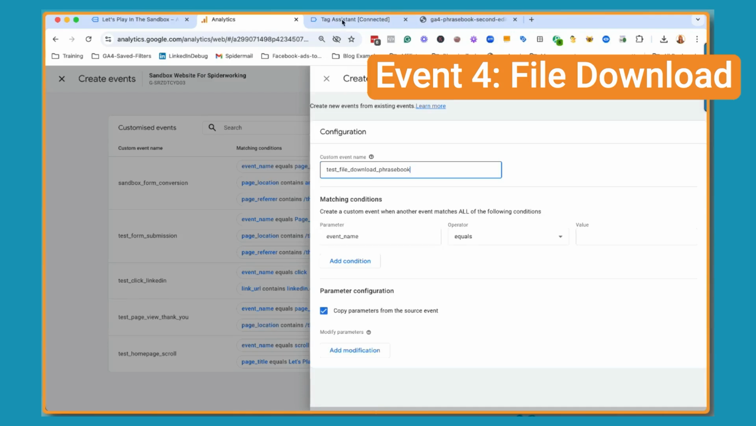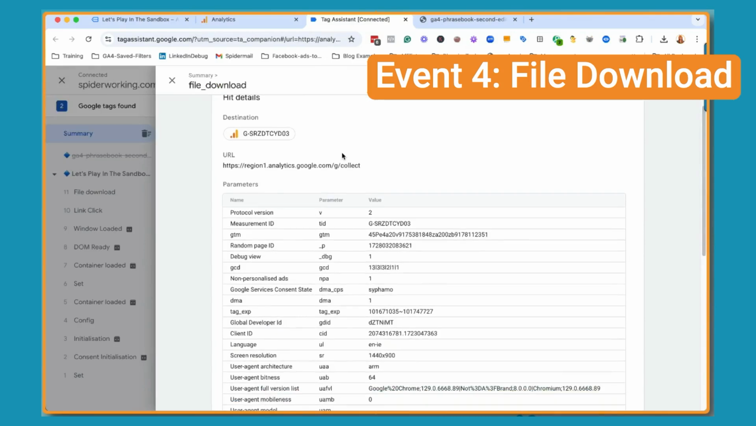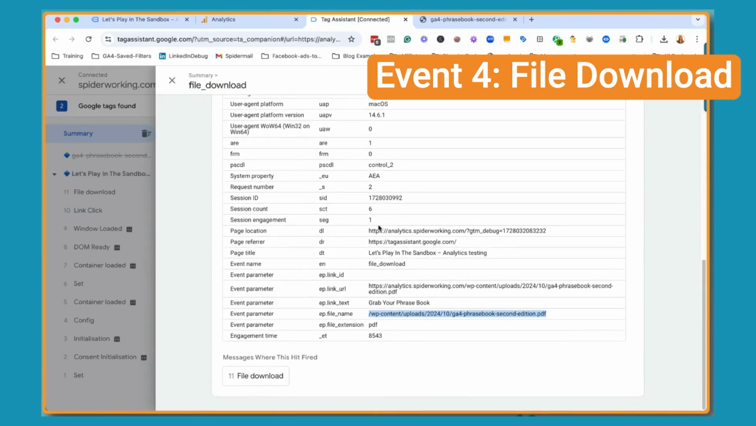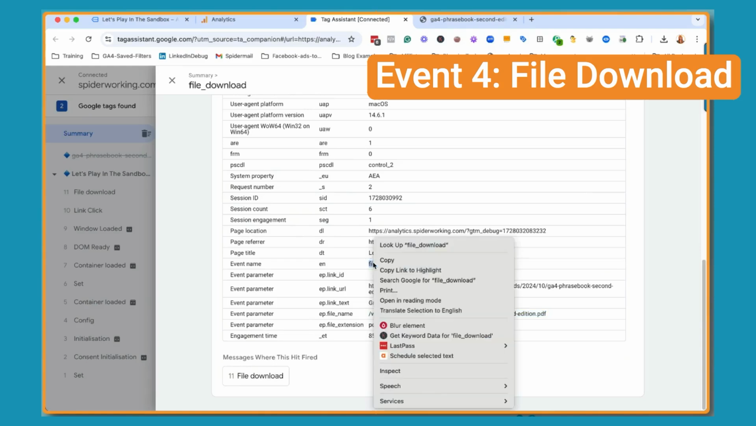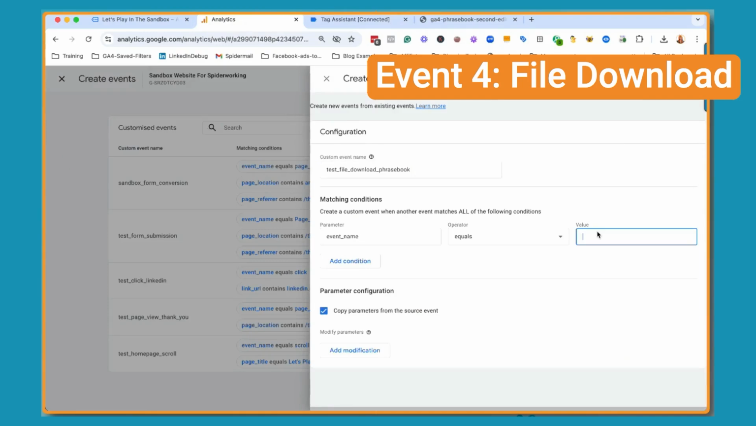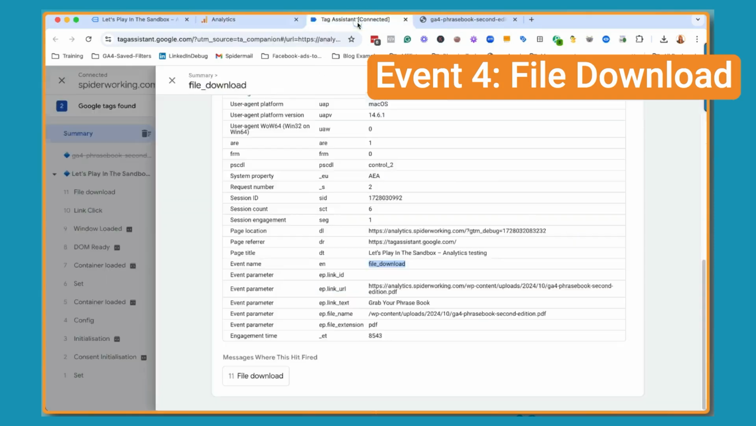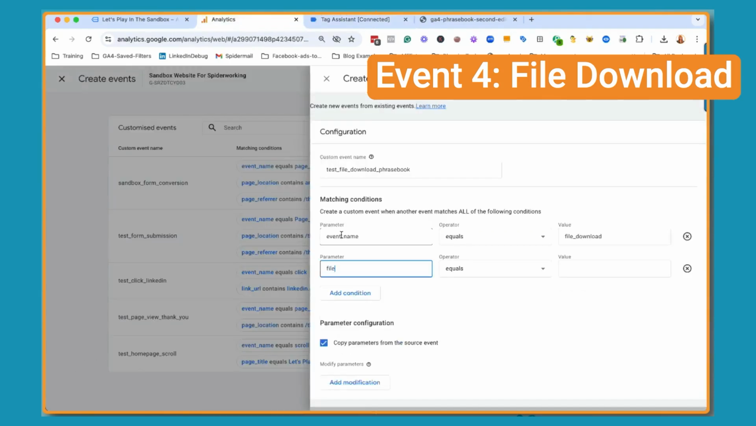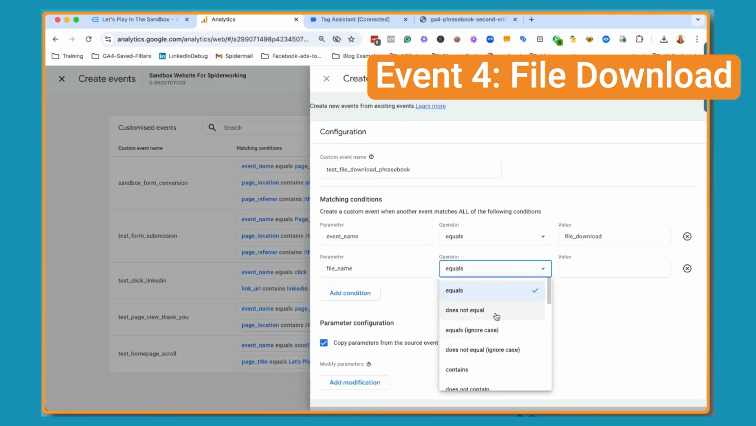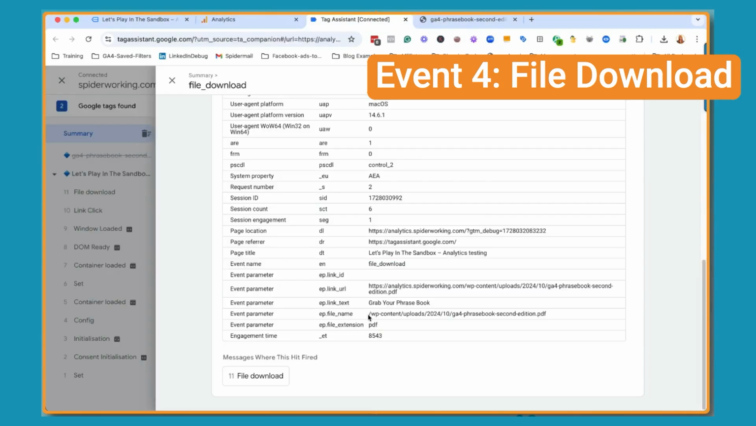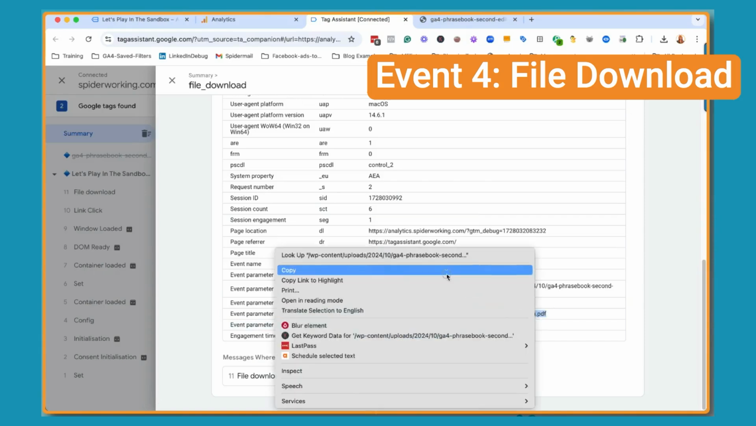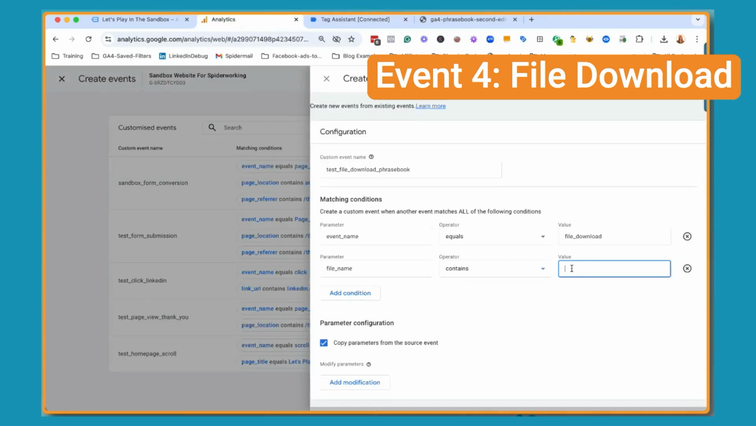So this time the event name, let's just double check what the event name is. Down here somewhere. File download. So you can see it's file underscore download. So I'm going to copy that. Add condition. And what did we say it was? Let's go back in. Yes, the file name, file underscore name. And I'm just going to go with contains. So again, this event parameter file name, that's what I want. Copy that, paste it in,